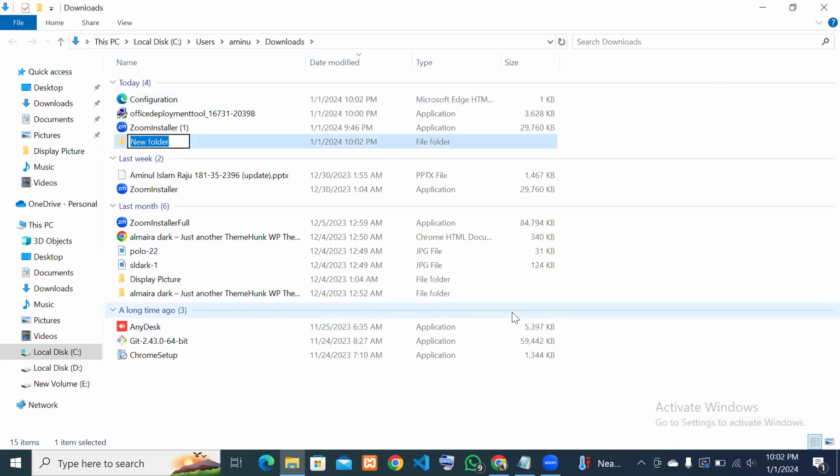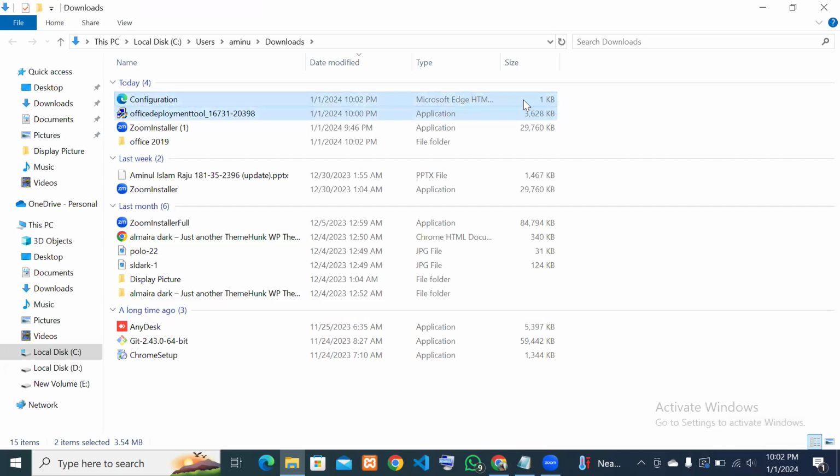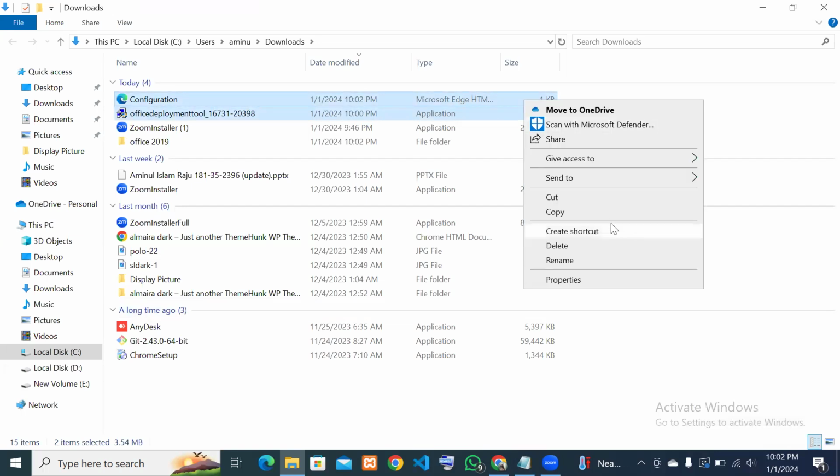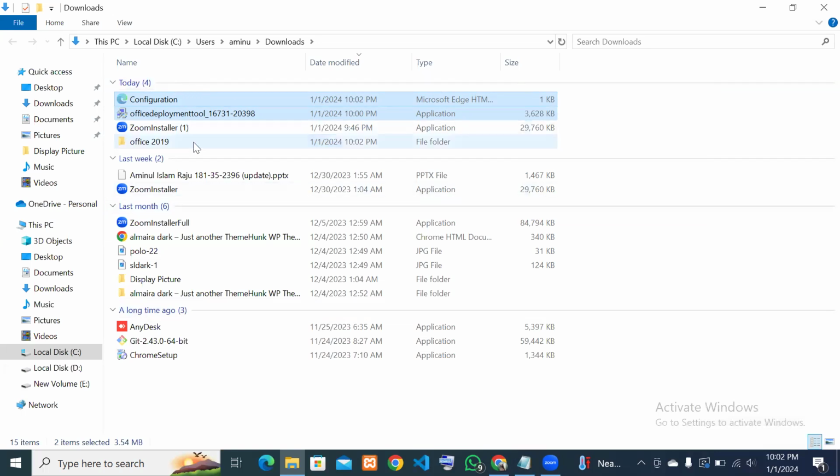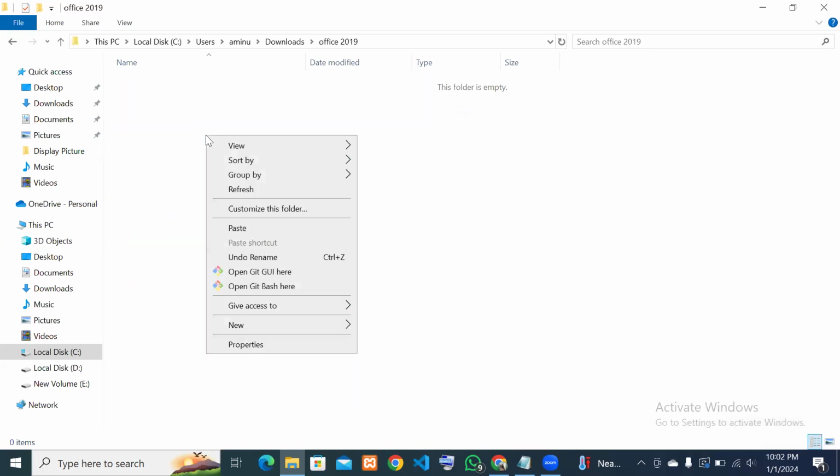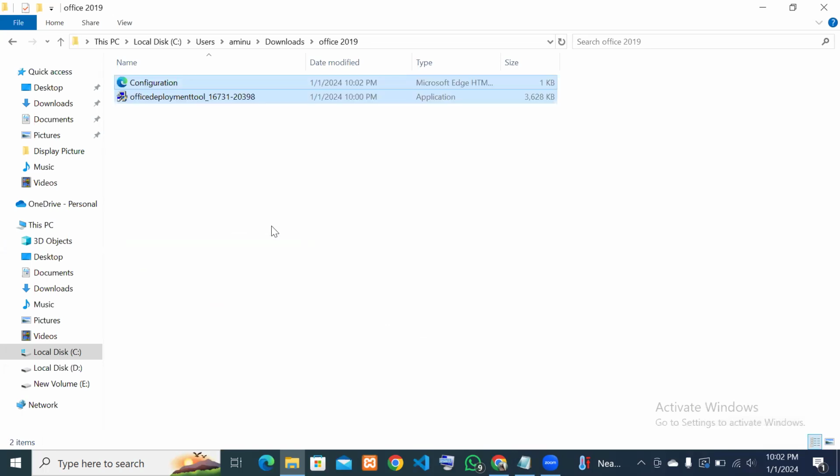named Office 2019, and copy this, copy or cut, anything you can do. Then you have to paste here. Okay,